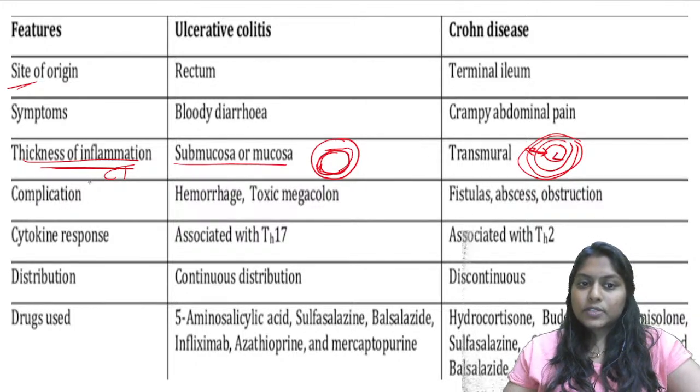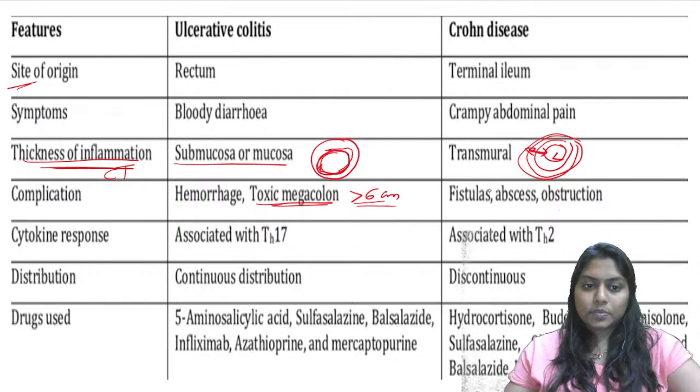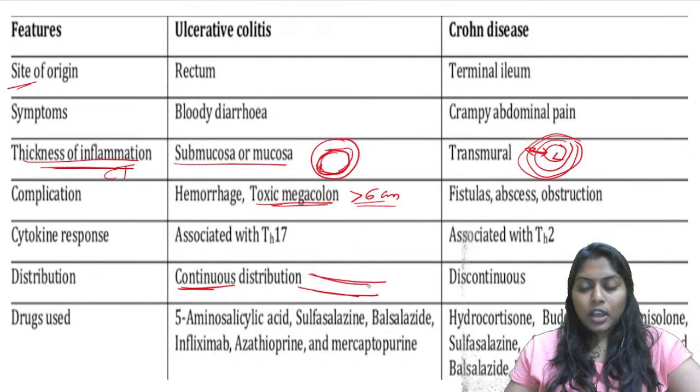The complications for ulcerative colitis are hemorrhage and toxic megacolon. We call it toxic megacolon when it is more than 6 centimeters. And the complications for Crohn's are fistula, abscess, and obstruction, as well as cryptitis. The distribution is important. There is continuous distribution. That means the entire length of the colon which is involved is continuously